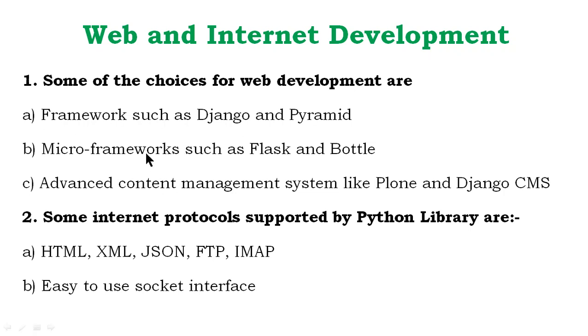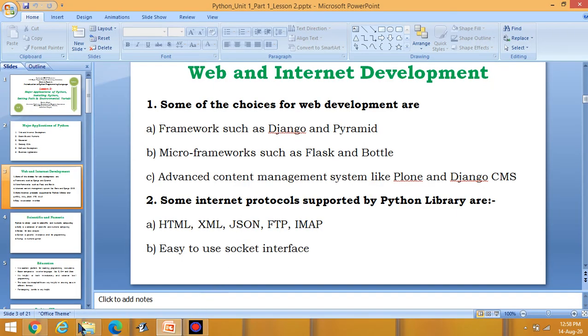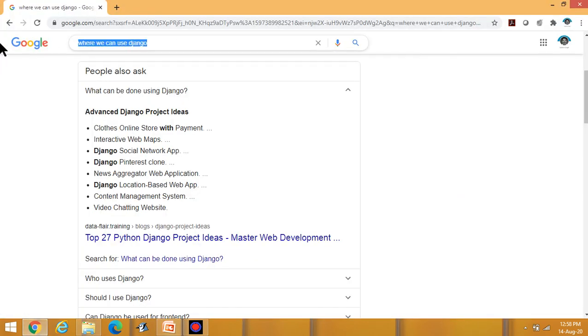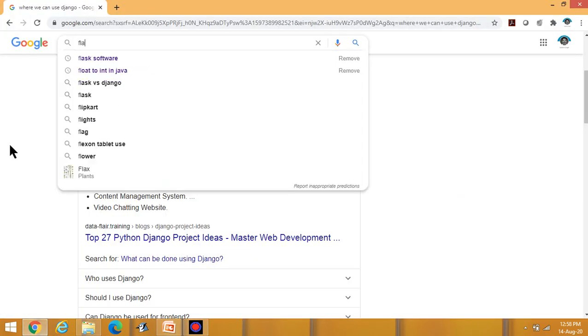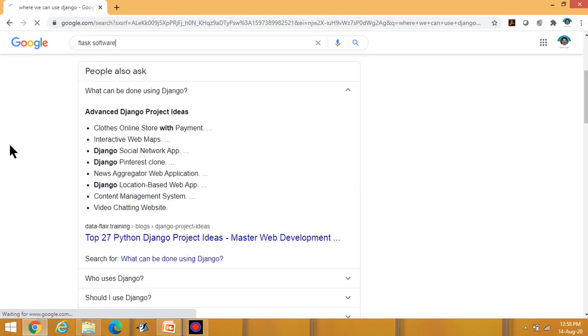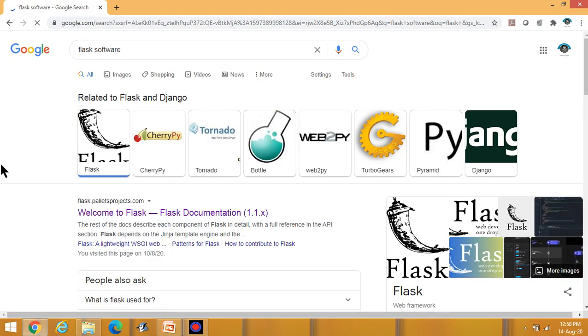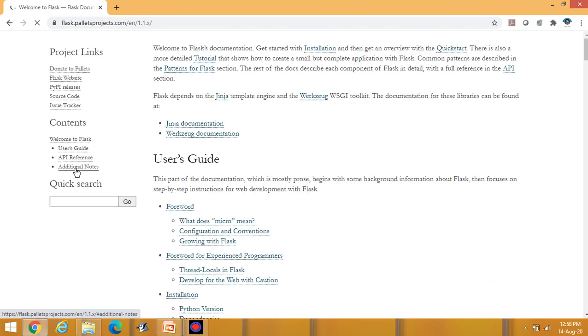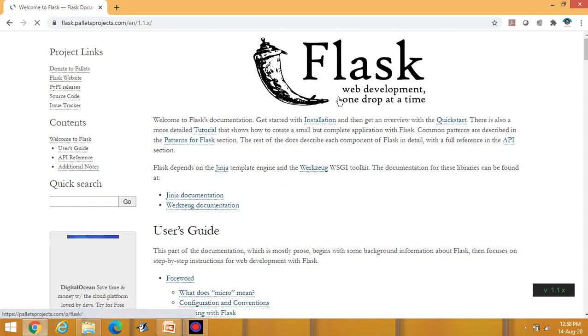Second one is micro framework. In micro framework, Flask and Bottle are the contents available. You can search for that content also. If I am searching for Flask software, this one is Flask. Web development one drop at a time.